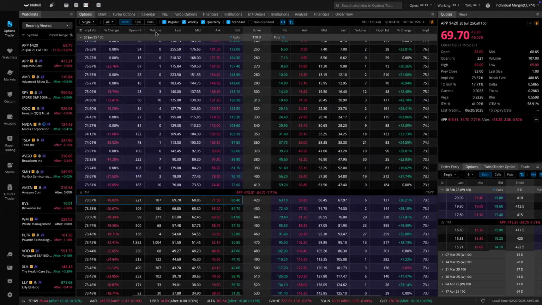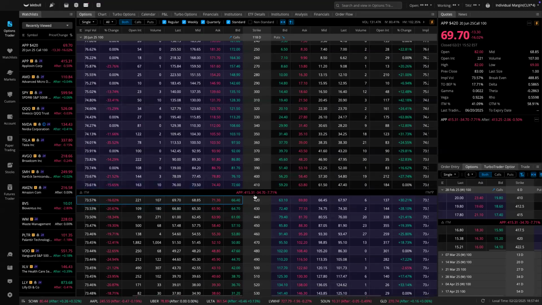And then we move to volume, which means the amount of people that's in the contract right now. There's 107 people in this contract. Then we have open interest. This is the amount of contracts they are planning on trading, which is 221 contracts. So if you do 221 contracts times 100, be mindful, each contract is times 100. That lets you know how much money is currently in this contract.